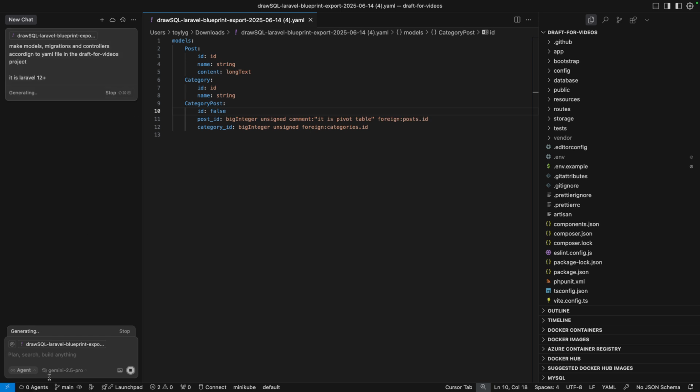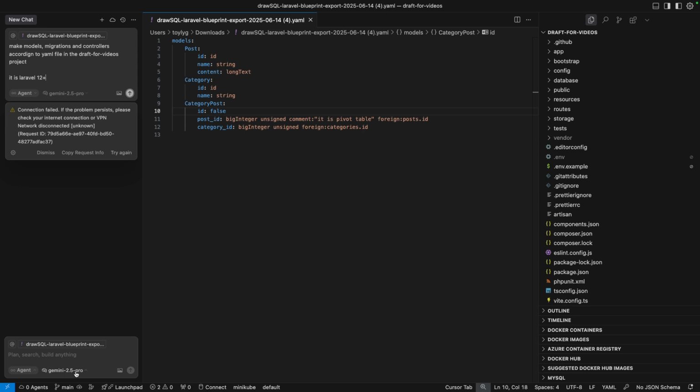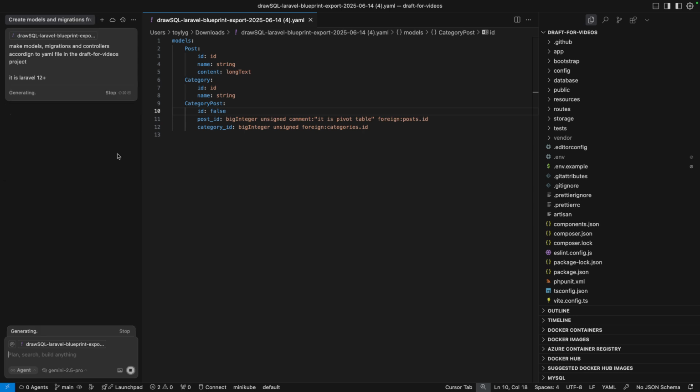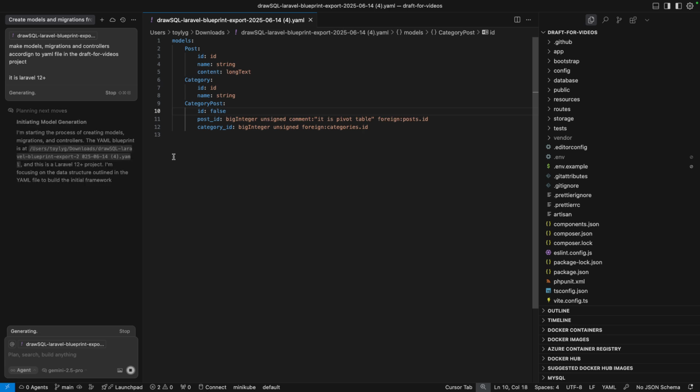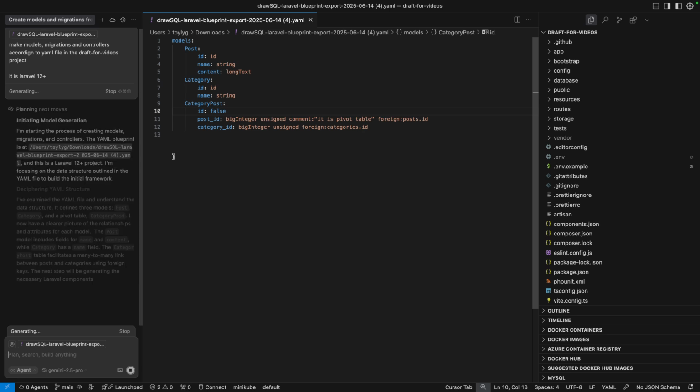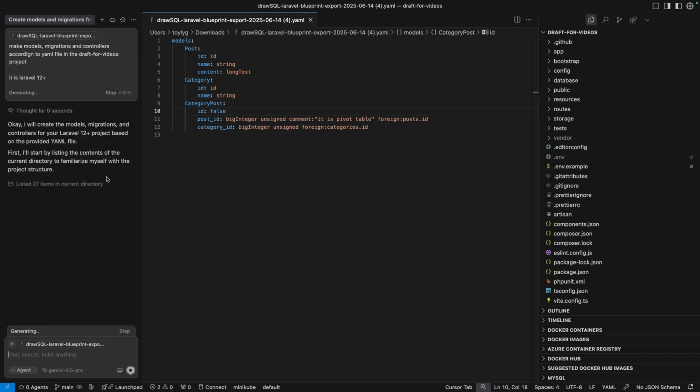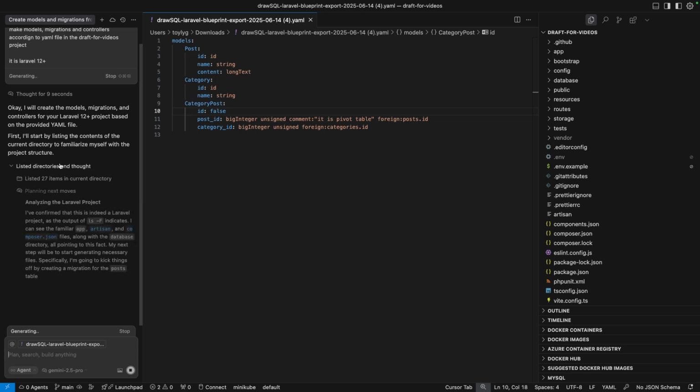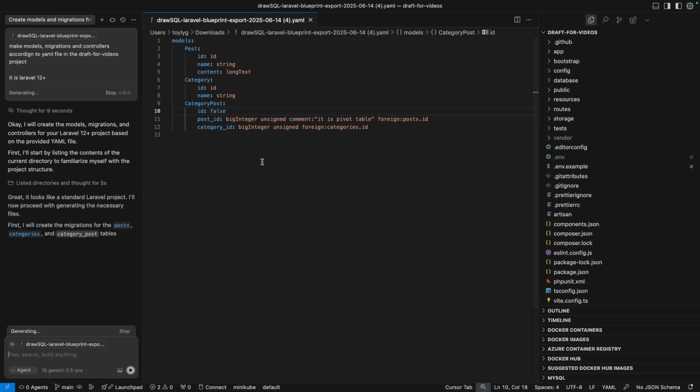Our agent is Gemini 2.5 Pro, so it takes a little bit of time. It doesn't fail at all though. All right, saying connection problem. Let's try again. All right, it started working. All right, it checks the YAML file. It also checked the folder it's in. It found out it's in the project. So it asks me to run the create posts table. All right.